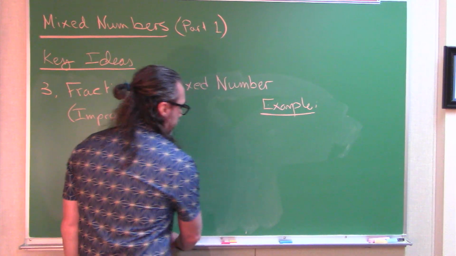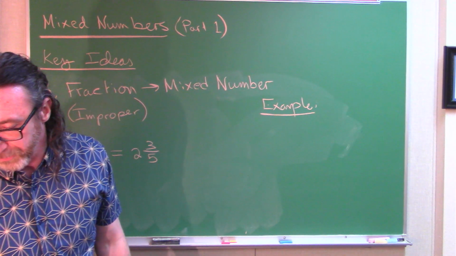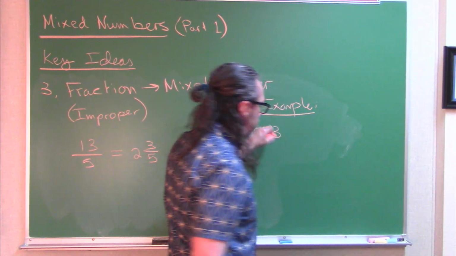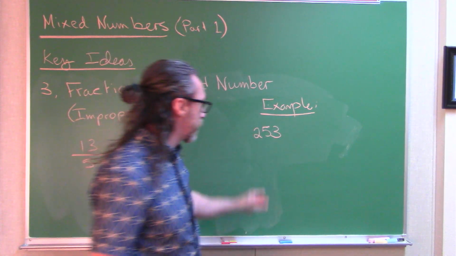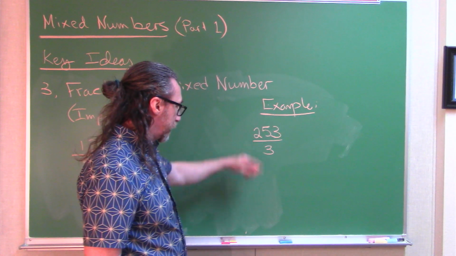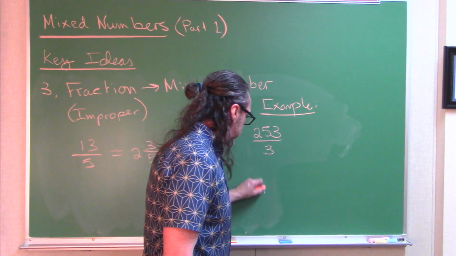and converting it to a mixed number. Let's do something a little bigger. Let's do 253 over 3. So once again, improper fraction, we'll do the division,